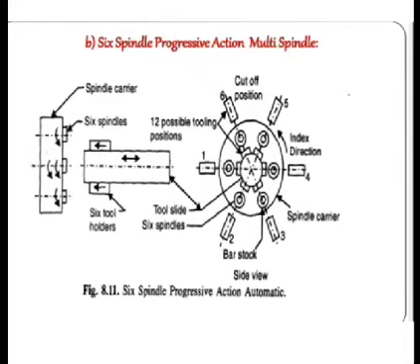The spindle carrier indexes on its own axis by 60 degrees at each tool retraction. As the spindle carrier indexes, it carries the work from station to station where the various tools operate on it. The stock moves around the circle in counterclockwise direction from station number 1 and returns to station number 6 for cutting off. A finished component is obtained each time the spindle carrier indexes.